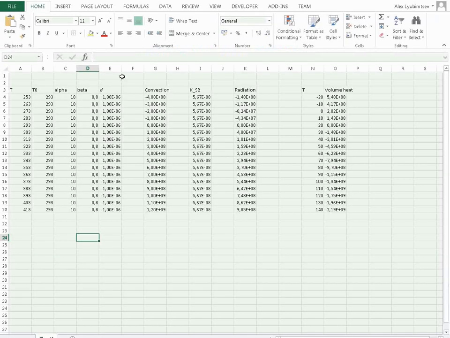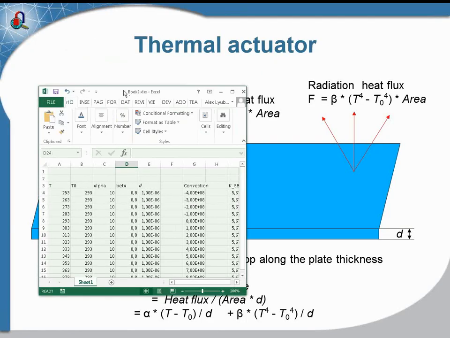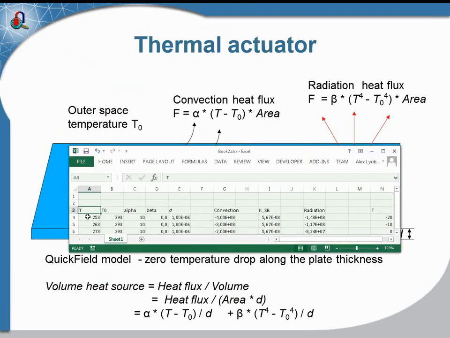Now let's take a look at the calculation I did with Excel. I have here the temperature. Here is the ambient temperature, again in kelvins, which is 20 plus 273. Now the alpha coefficient is 10, the beta coefficient is 0.8, the plate thickness is 1 micron,